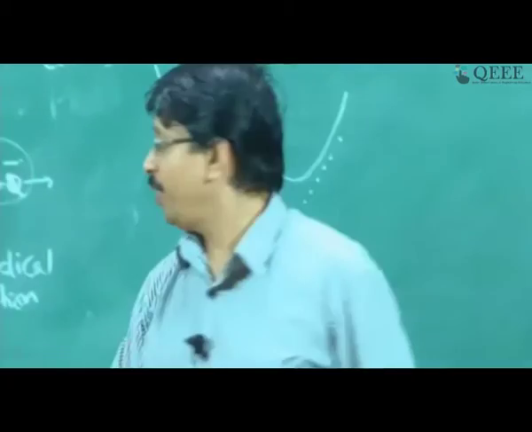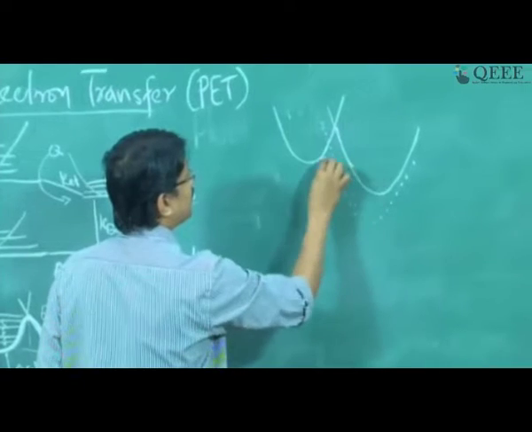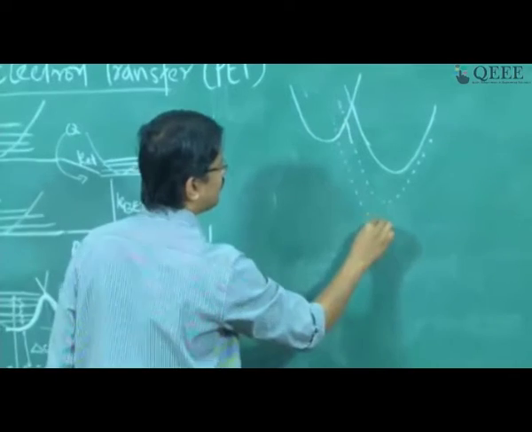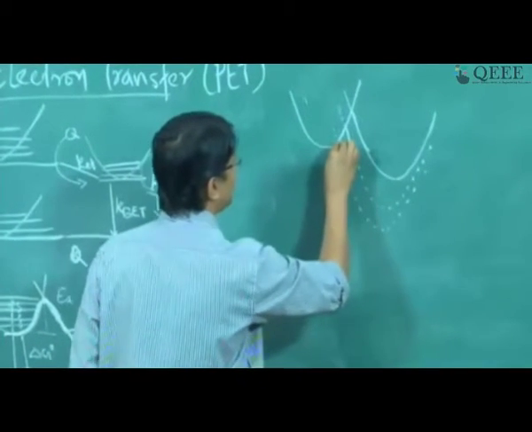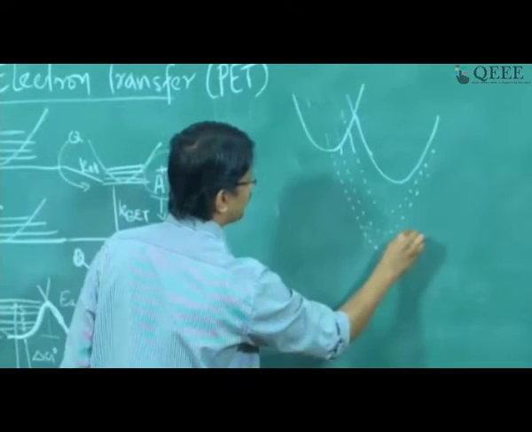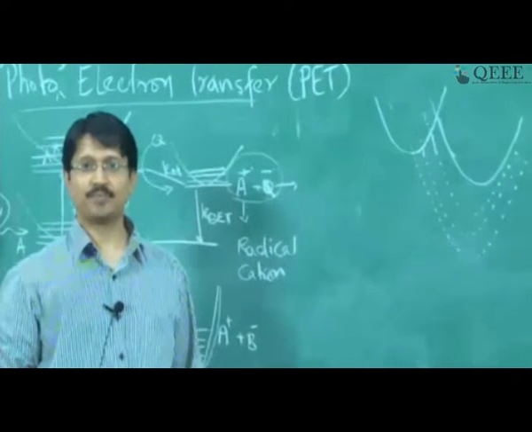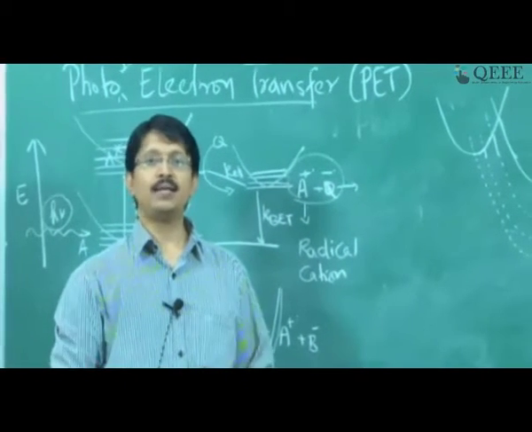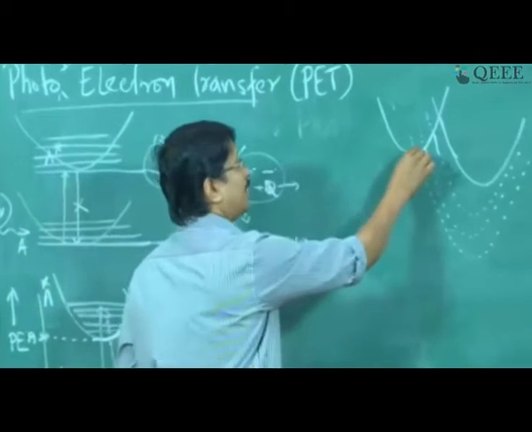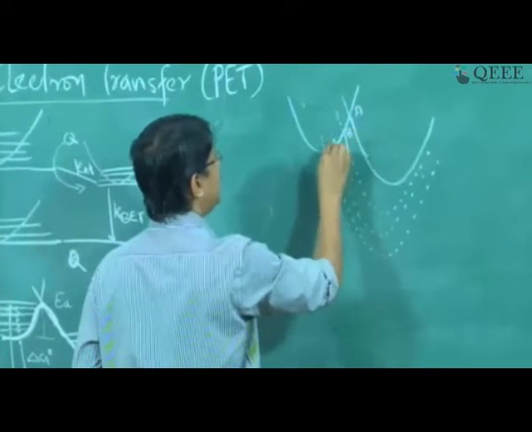As you rightly pointed out, initially this was the activation barrier. Second one, the activation barrier is this one. Now if I further decrease, this is the barrier. If I further decrease, no barrier, there is no barrier. So that's called a barrier-less reaction. That means, suppose I write A, B, C and D.